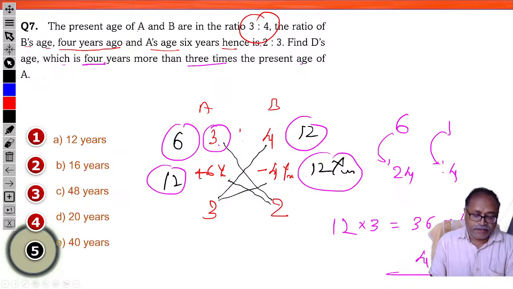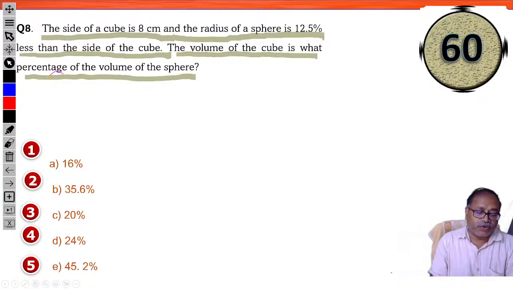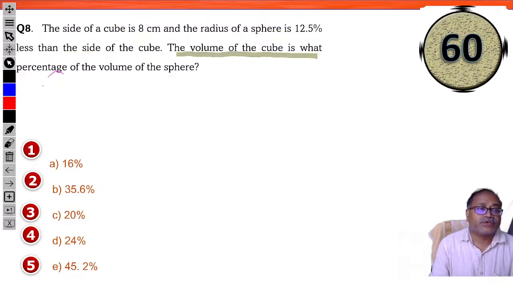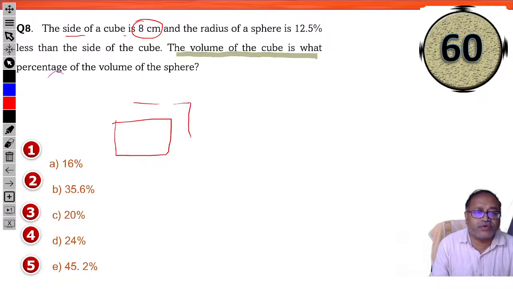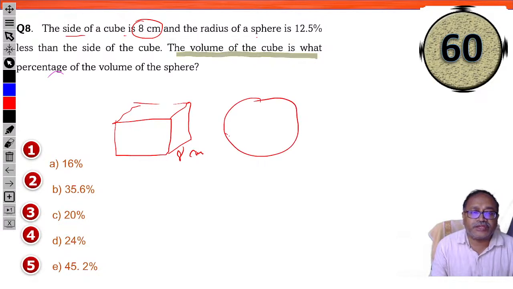Okay, so we are going back to the questions where we were. Now we are here. Once again I read out the question. The side of the cube is 8 centimeter. You don't need to draw the cube. Just for convenience I am saying that this side is 8 centimeter, and the sphere radius,